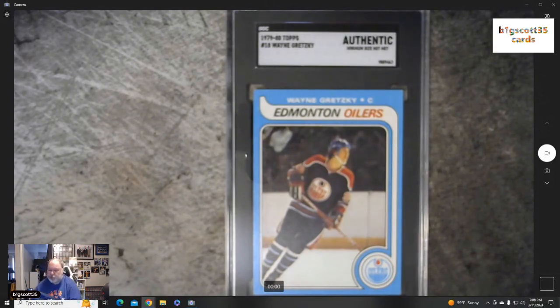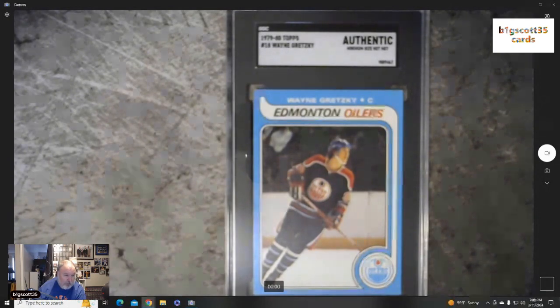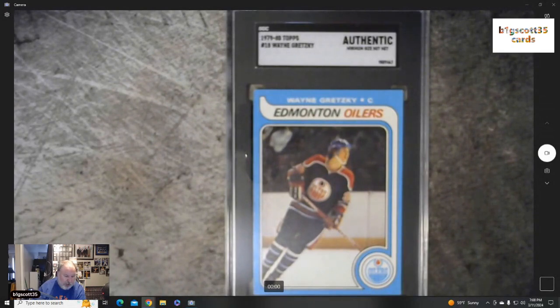But with that being said, it's not much off when I measured it. This one, because I went ahead and measured it before I sent it. This one did not get graded at PSA. I sent this to PSA first off. They didn't grade it because they said minimum size not met. So I measured it and told him, yeah, so we sent it to SGC and got it authenticated